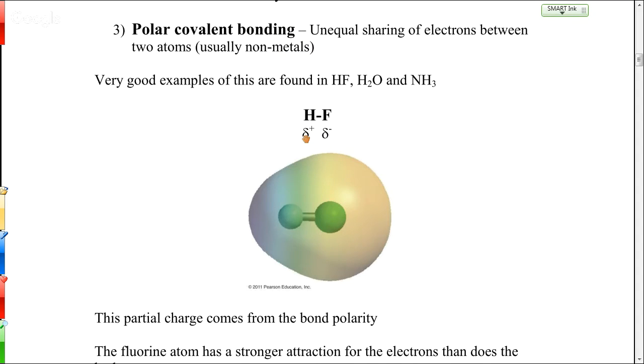We say delta plus for where it's more positive and delta minus for where it's more negative. This is because the electron is pulled more toward the fluorine. The reason we don't just say plus and minus is because that implies a full charge like an ion. So an ion would get a full plus or a full minus. Because this is part of a covalent bond, we have a partial positive or a partial negative. So these things here are partial